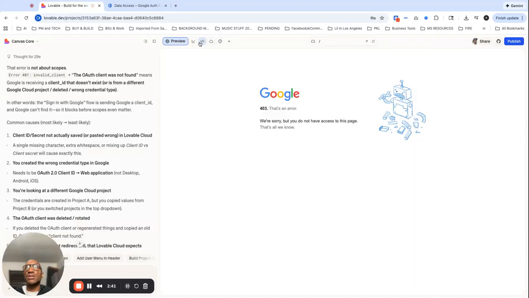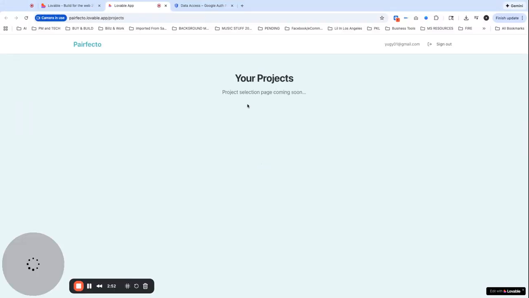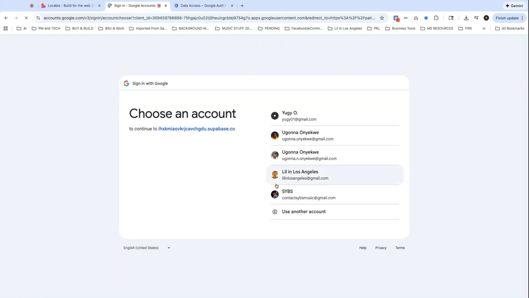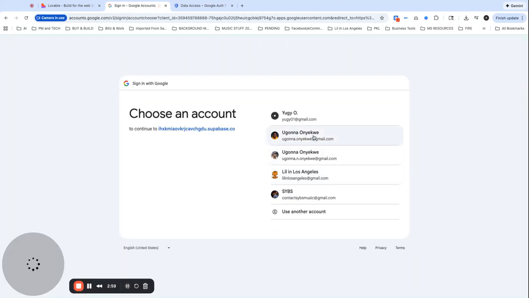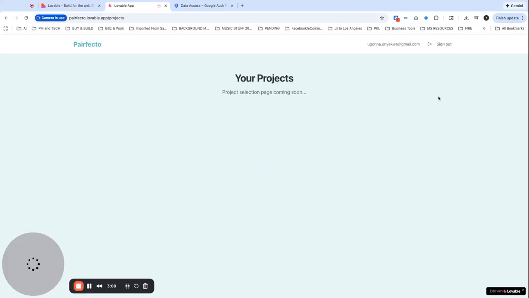When you come back into Lovable at this point, you'll need to do this on the published site. So if I go to the published site there now, this should work. Well, I'm already signed in because I was testing it. But I'll go ahead and sign in with another account so you see now. It's going to ask for your name and email, access to those, which is what we set up in data access. And voila. So step one there, we got